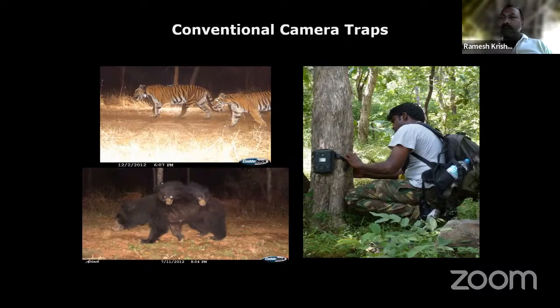I think when it comes to even snow leopard, earlier snow leopard was supposed to be the rarest animal to be seen. I think it's more from a secretive nature rather than the number. So with the camera trap, we've been identifying different individuals all across the Himalayas, even going all the way up to 1500 meters.